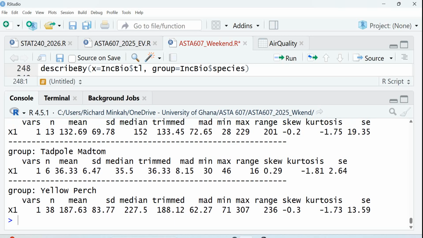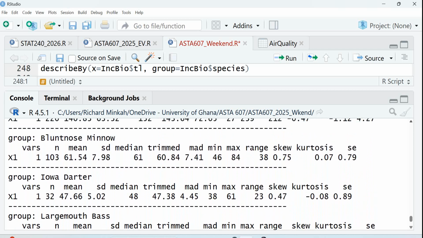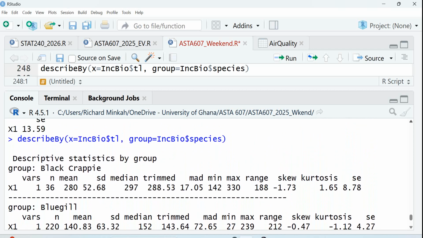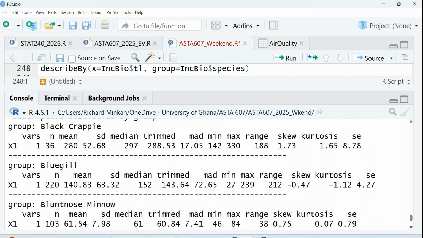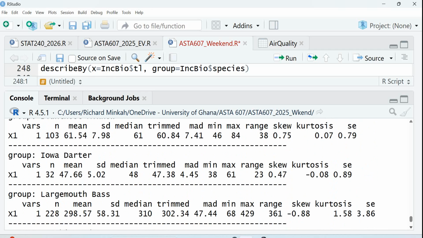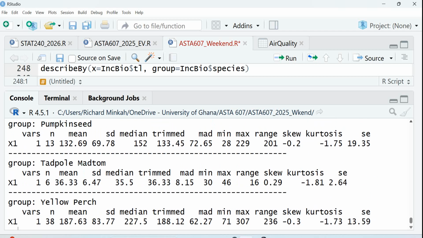So, yellow perch. Now you can begin to talk about them. Even though you are interested in the length, look at n, the number. You realize that bluegill are in the majority, right? For some of these you can use, let's say, percentages. Bluegill,